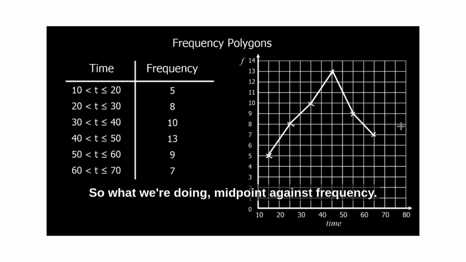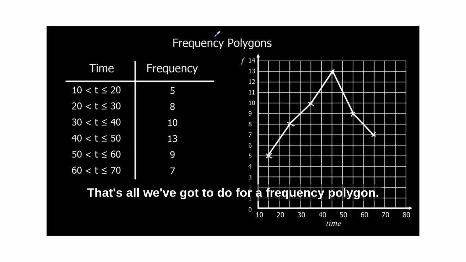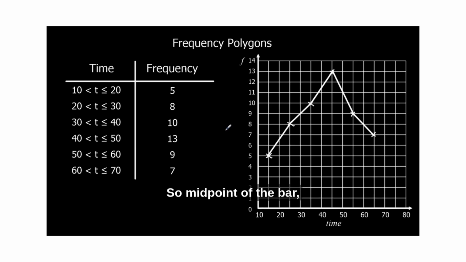So what we're doing, midpoint against frequency, so we're plotting midpoint against frequency and joining the points up. That's all we've got to do for a frequency polygon. So midpoint of the bar, midpoint here,